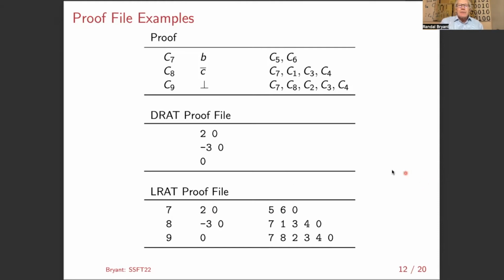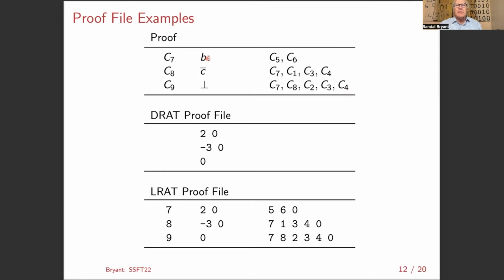And so that's a proof. In fact, the standard way that CDCL solvers produce their proof files is called DRAT. We don't have to talk about what DRAT stands for, but RUP is one of the proof rules allowed by DRAT. And all the SAT solver has to do is produce,